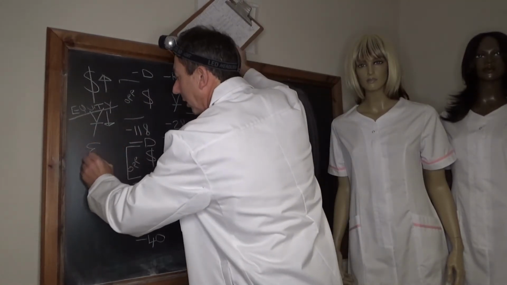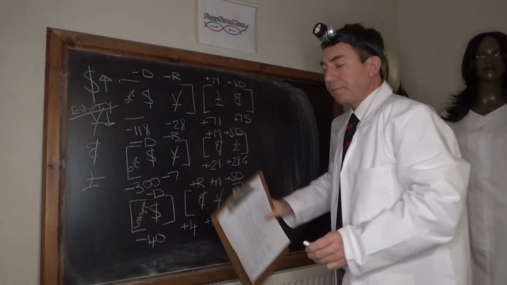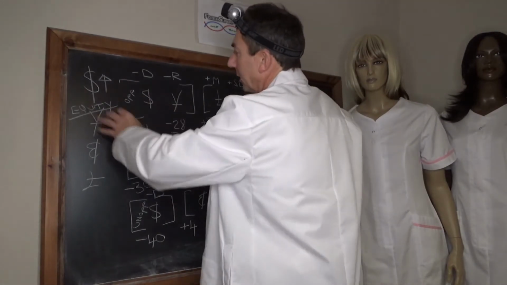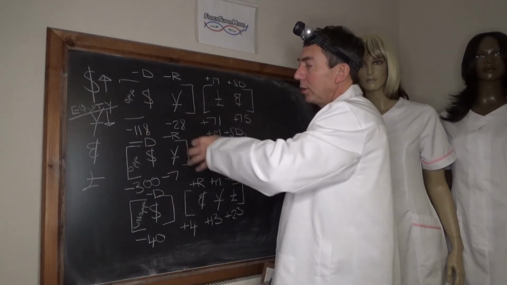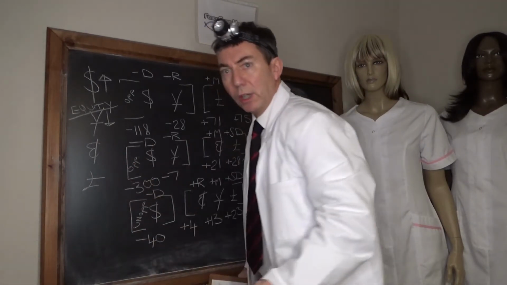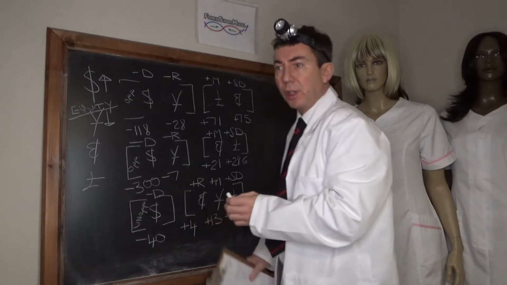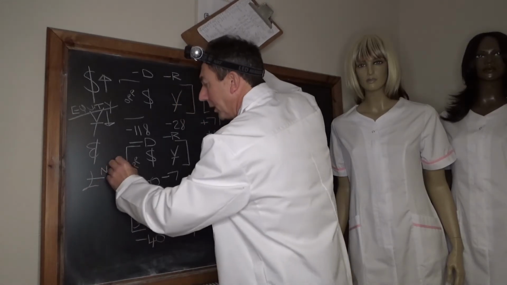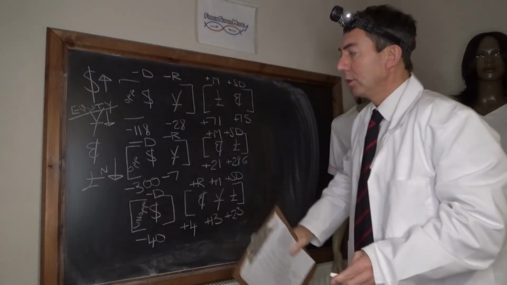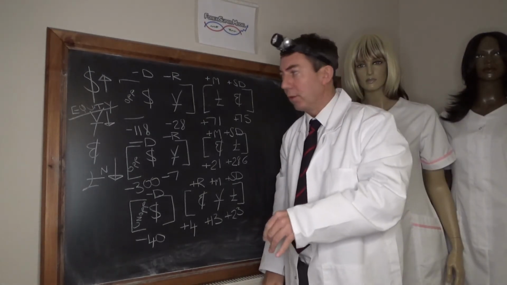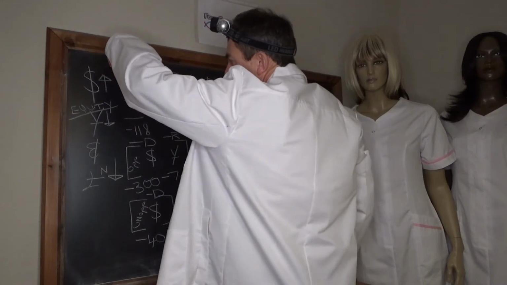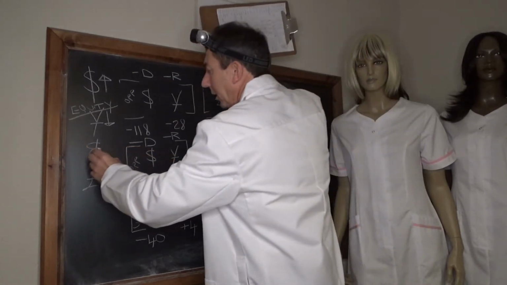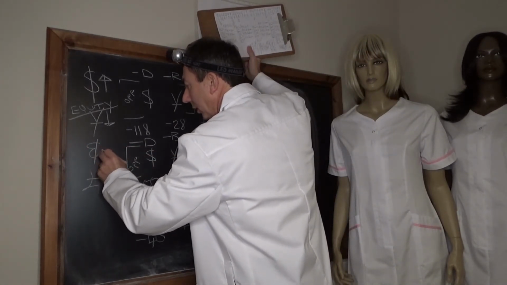So that leaves us with the euro and the pound. Now the pound, as you can see, has been the main recipient of these negative dollar flows. So the likelihood is when these dollar flows change, the pound will be the main loser. So the likelihood is we're going to get a neutral, and I say neutral because of the Brexit situation, to weakness in the pound complex. So you've got flows out of the yen into the dollar, out of the pound, and that leaves the euro. And we believe the euro is going to be neutral again to up.